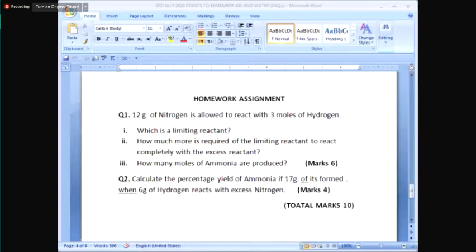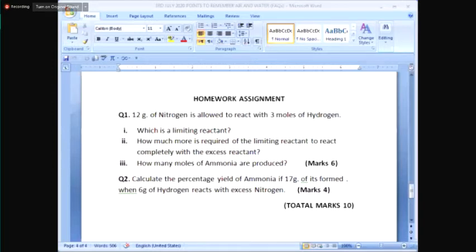Obviously, nitrogen gas, I think my mental math says, will be the limiting reactant because its ratio, 12 divided by 28, is not 1. So it's lesser than its stoichiometric ratio. According to the balanced equation, 1 mole of nitrogen completely reacts with 3 moles. So here the given amount of nitrogen is lesser than 1 mole, but the given amount of hydrogen is again 3 moles. So you can say with this reaction and explanation that nitrogen is a limiting reactant.